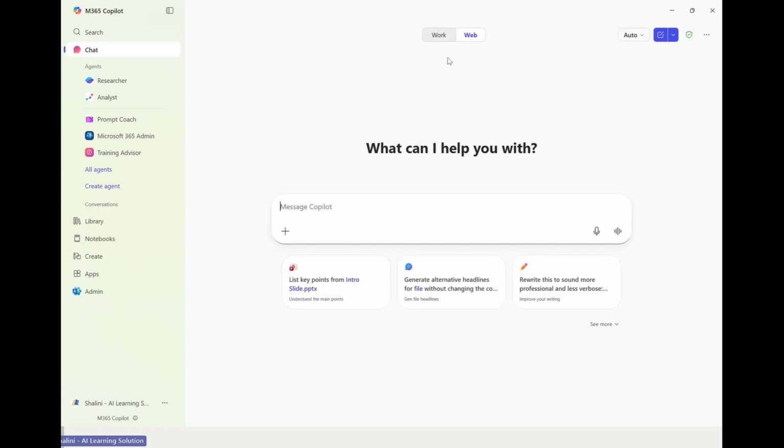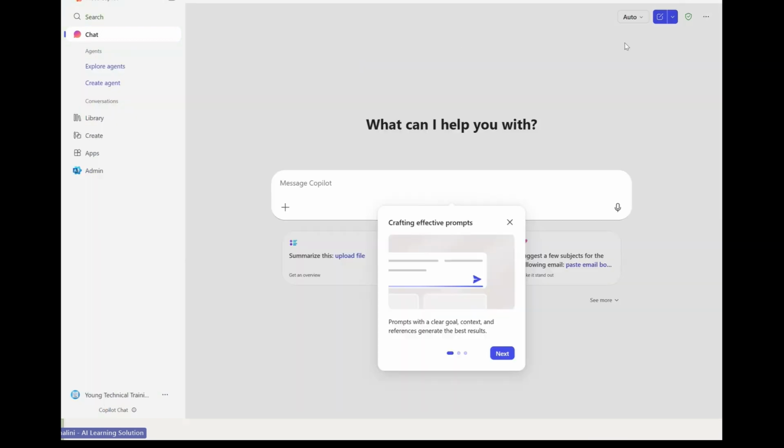But if you do not have the license, how will this screen look to you? So let me switch to an account. Now I have logged in with the credential where I do not have the license, and this window is the Copilot chat window. We can safely use this Copilot chat within our organization-based environment because Microsoft is committed that it is not using your data to train their models, and you can still have this AI capability